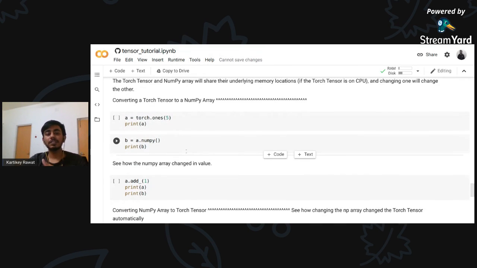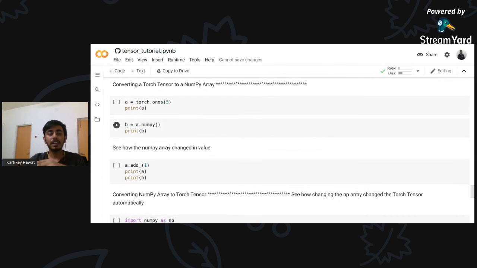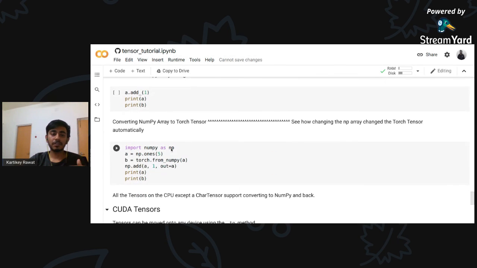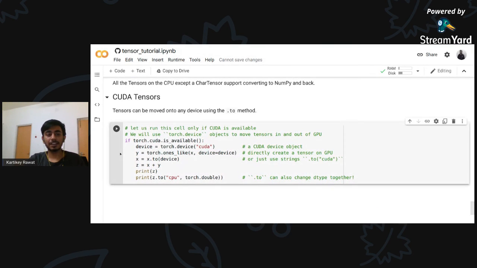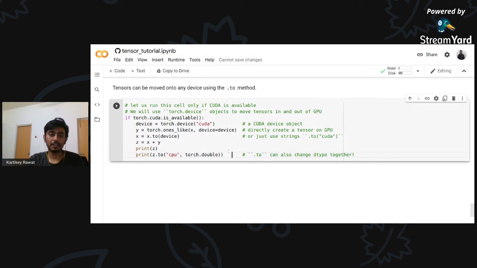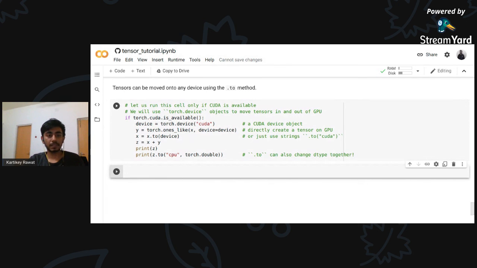This is torch.ones. If you have to convert the torch tensor, it is automatically added. Or if you need to convert from NumPy, what we need to do is torch.from_numpy. Simple as that. We have to convert from NumPy to torch, so we just need torch.from_numpy. It will show this. And if you want to test whether it is supporting CUDA or not, let's check it. This is in the getting started one also. Let's run this. Okay, it is showing no error, so I think it is available.